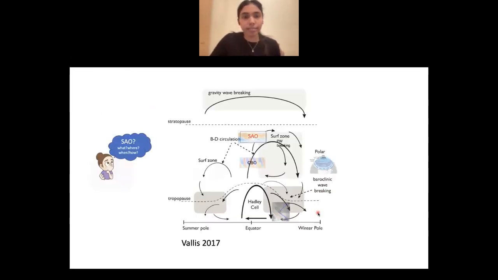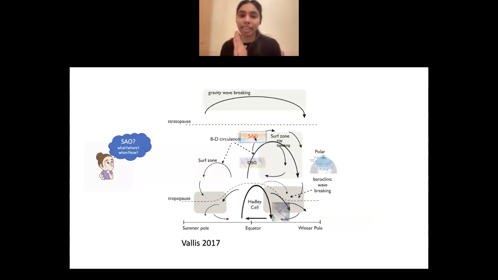So first, that right there is me at the beginning of the project wondering what is semi-annual oscillation and all those things. So to put things in perspective, here we have the troposphere, and as you can see, Hadley cell, polar cell, and jet streams, all those events happening in the troposphere. And just above that is our stratosphere. And if we focus on the equatorial region, we have the quasi-biennial oscillation, and I'm sure everyone is familiar with that. And right above that is the semi-annual oscillation, which is what I am looking at.